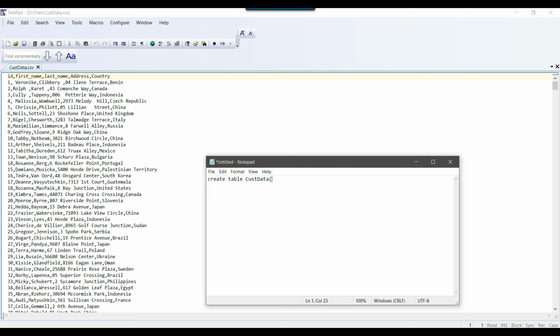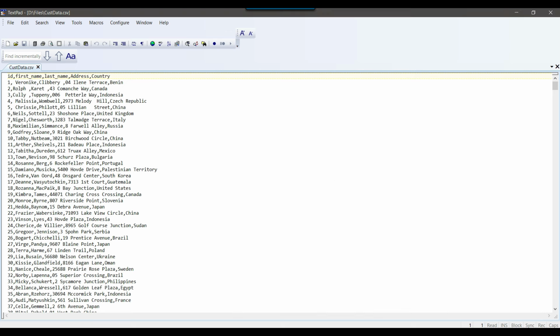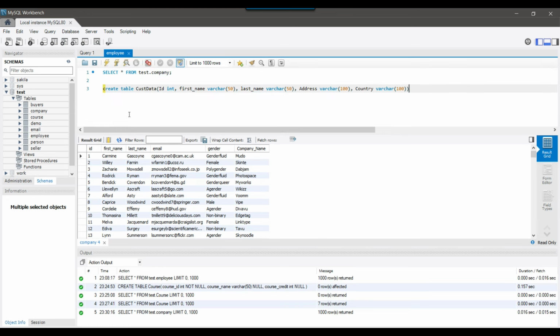Okay, and then ID int, then first name varchar 50, then last name varchar 50, and then the address varchar 100, and then country varchar 100. Okay, so this will be the create table statement for the MySQL. So I can paste the create table statement here and execute the query.